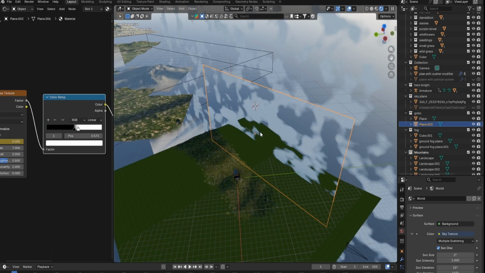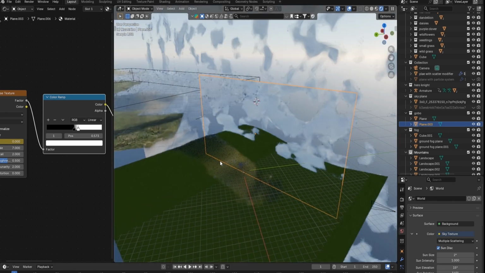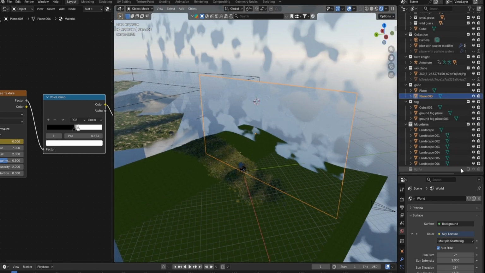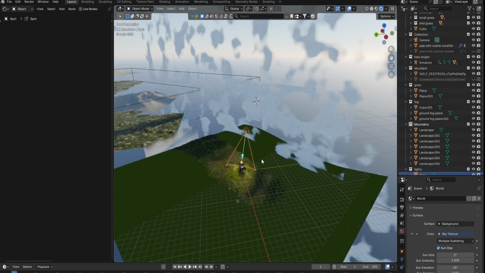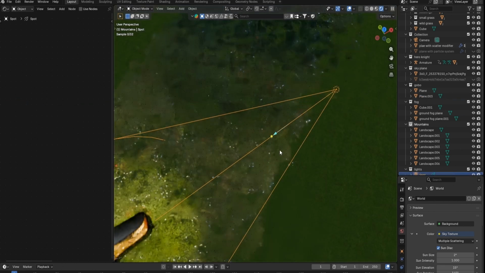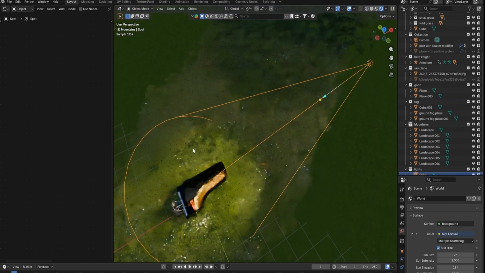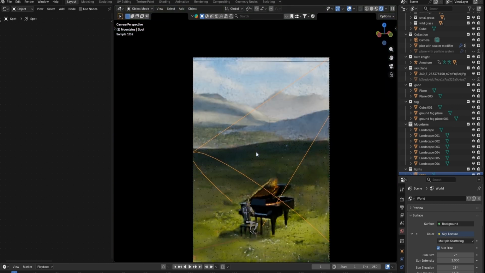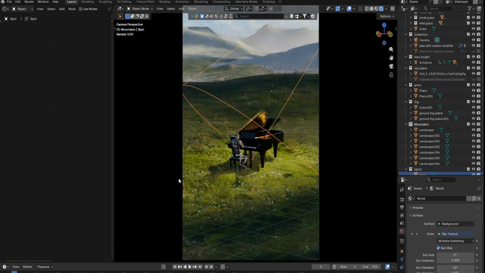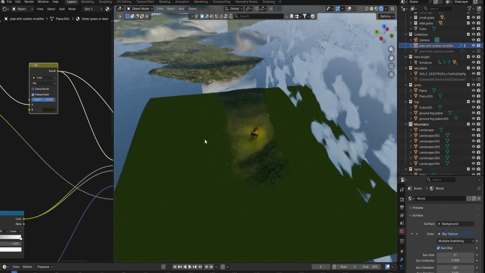Then I added a small size Gobo for the shadows around the piano, and I also added a spotlight to make a contrast, make it brighter, to make this place stand out from the rest of the environment. For the ground texture I used a grass material